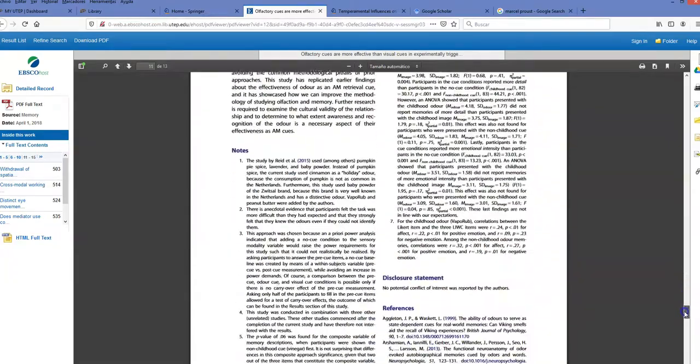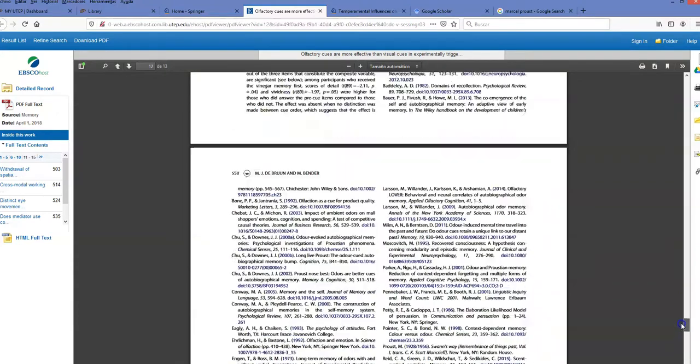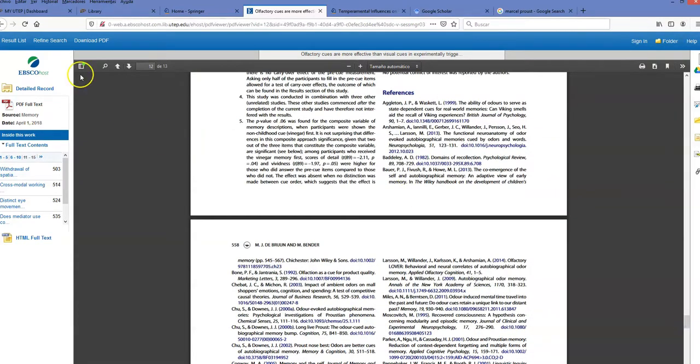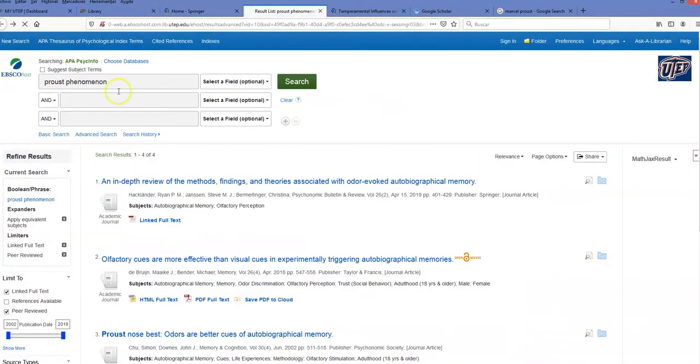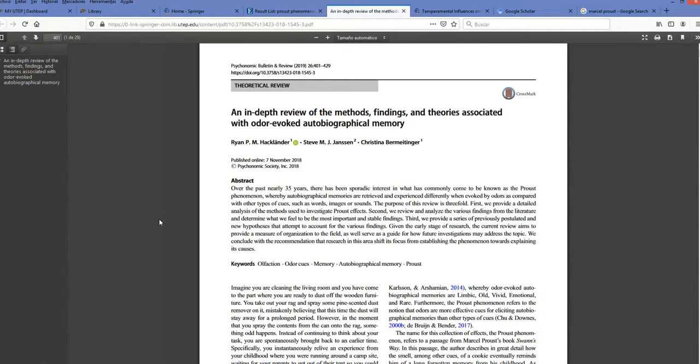And at the bottom is where you see the references, all the people that they reference for their work. All right. If you check, however, this is a literature review, an in-depth review of the methods, findings, and theories associated. So click on it. The literature review, the authors of this paper did not conduct a study themselves, but looked